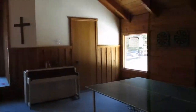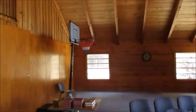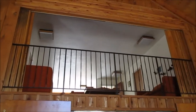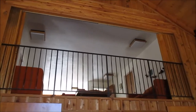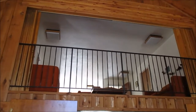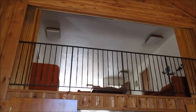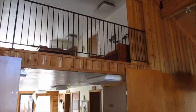You can see there's some opportunities for recreation as well, ping pong and a little basketball. And here is an open area; we've actually used this as a choir loft. One time we came and did a Christmas service here and performed some music, and we had a good crowd too. For such a small town, it was a wonderful crowd. But there's an opening